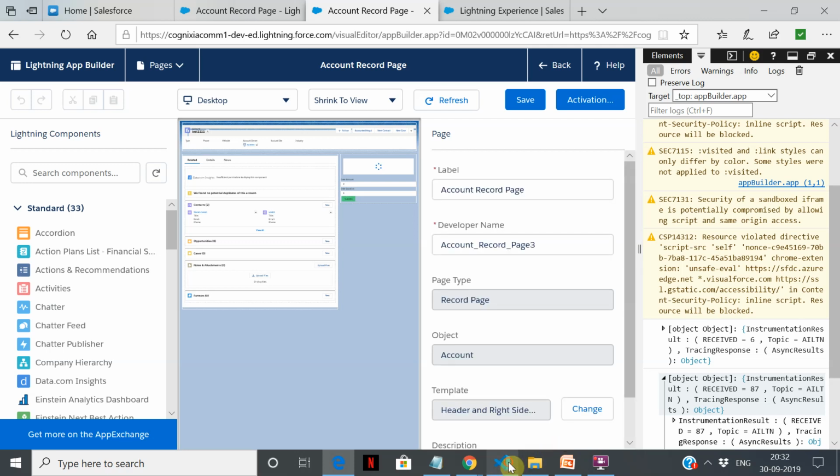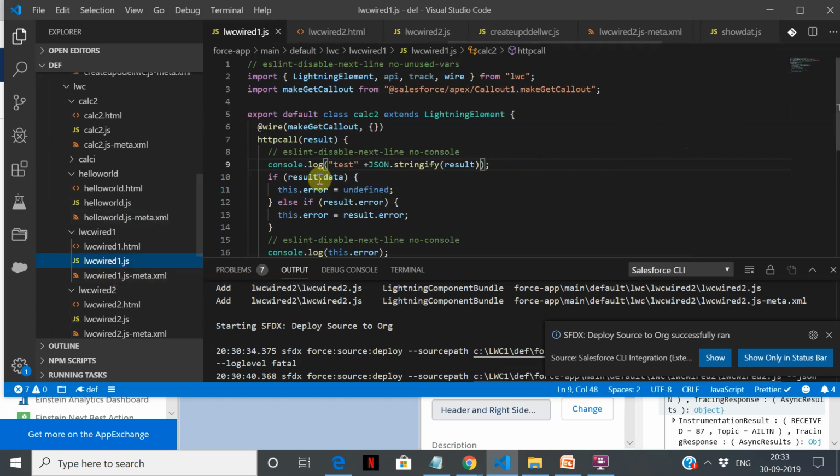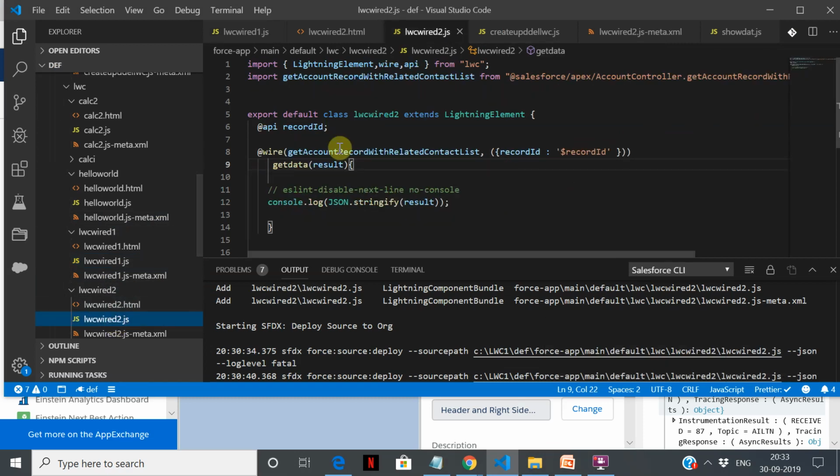Complete adding that code to the LWC and get the list of contacts for that account. So there is a small tweak here. Basically we wire the method as we have already seen, and we just have one get data result. We just change the existing code we did in the LWC wired. We're using the same piece of code here, but the difference is you have to pass the parameter like this, okay, the dollar record.